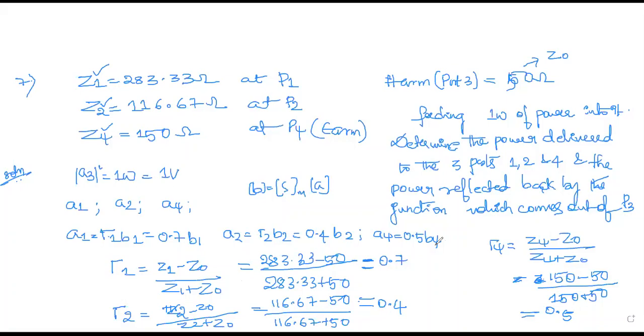Now, rest of the procedures, solve it now. Substitute into the matrix. Find out 4 equations: B1, B2, B3, B4. Substitute your B1 equation into B4 as well as the B2 equation into B4. Find out the value of B4. Clear the screen. Write down the matrix B1, B2, B3, B4.